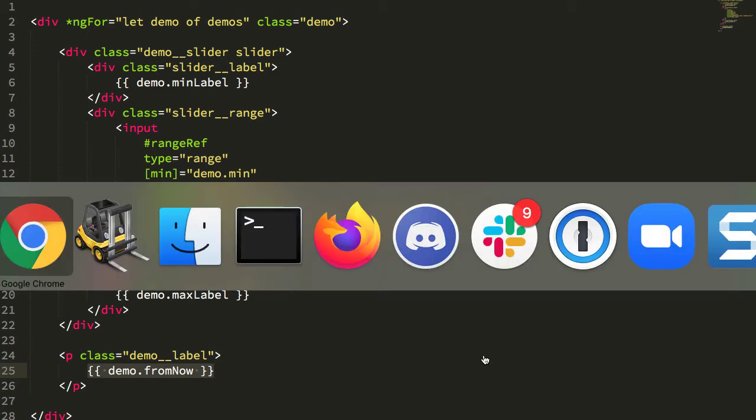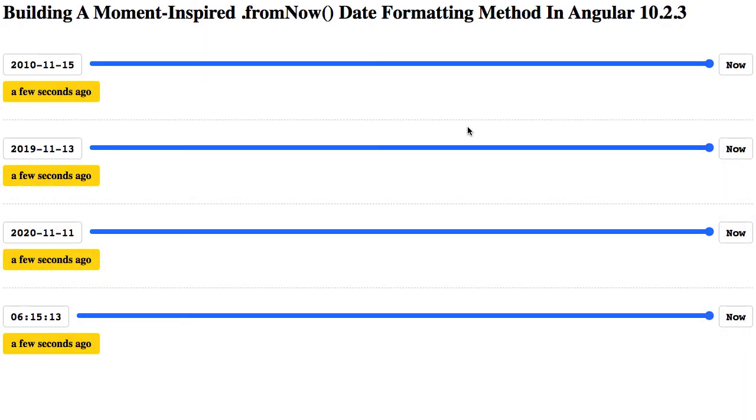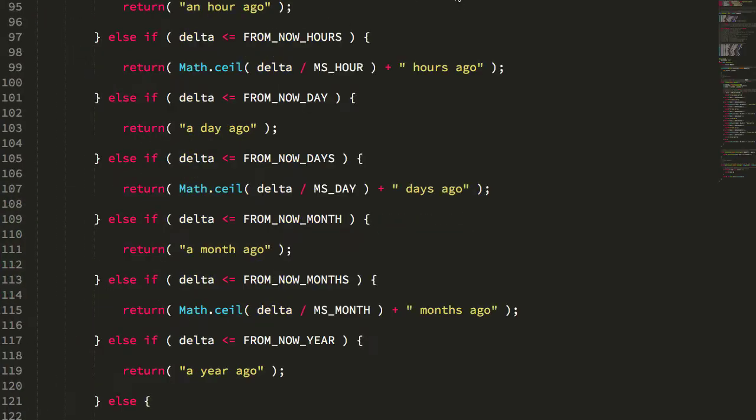So let's jump into the browser now, and let's just refresh. So here's the lowest granularity, or the finest granularity, and you can see that we have a few seconds ago, and as we start to move it, we're in minutes, and the minutes are increasing. At some point we'll hit 44, right? And then after 44 we jump into an hour ago, and that's because if we jump back here into our date helper,